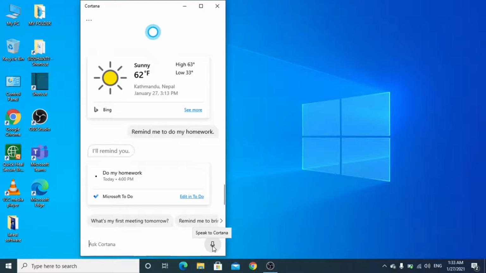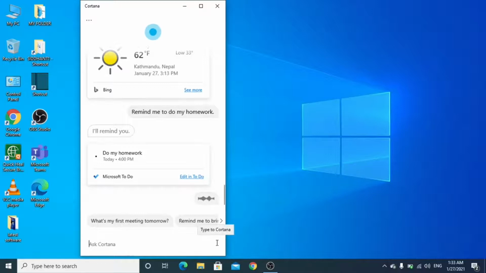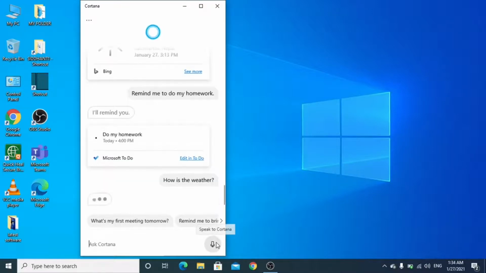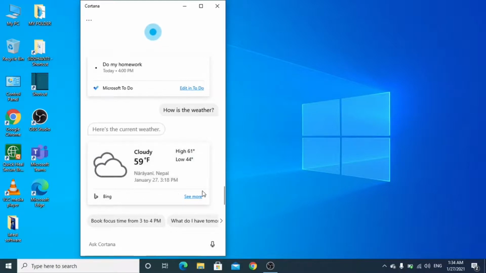The very reliable and comfortable way to ask a question is just by voice. Let me give an example. Here you can see this mic type of structure. Just click that. Let me show you. How is the weather? Right now it's cloudy and 59. The forecast shows mostly sunny skies with a low of 44. As you all heard my question, this is telling the weather of Narayani, Nepal. I have put the location also.